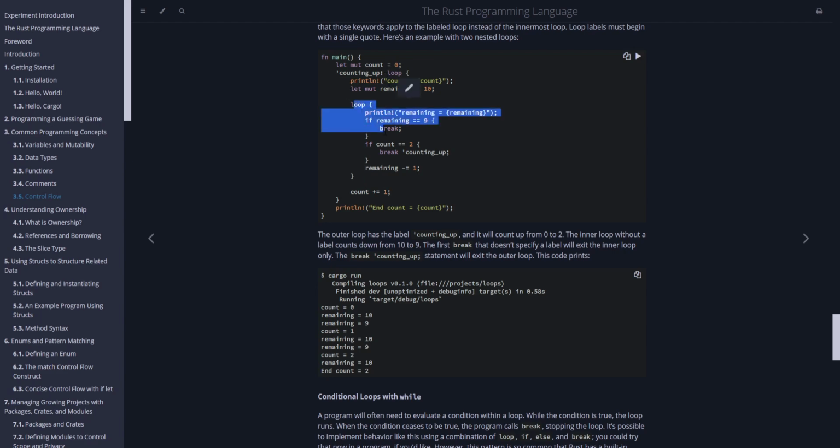So it goes inside here, and then when the remaining count reaches 9, break. When it's 2, okay. So print the remaining, count 0, remaining 10, and then